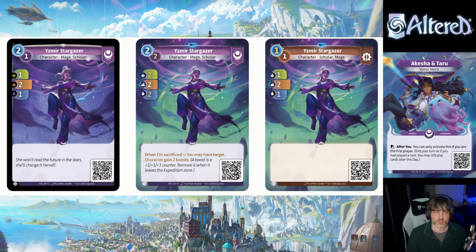Next up is the Yzmir Stargazer. Common is, you know, another pseudo-understated character for Yzmir. You do get a nice bonus. 1/2/1 for 1 out of the reserve is good, right? That's certainly nice rate. The upfront is a little not good, right? The 1/2/1 for 2 is less good, but at least you're getting a little counterbalance on that. It's fine. You know, it's nothing to write home about, but it's certainly a fine card to have in your deck,